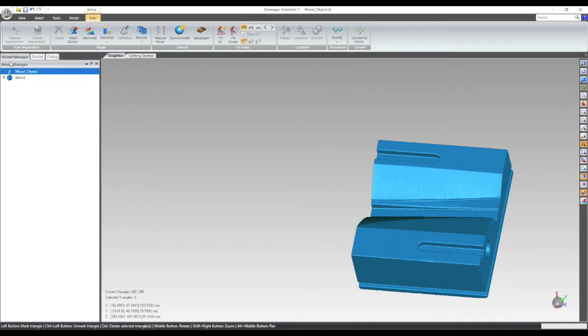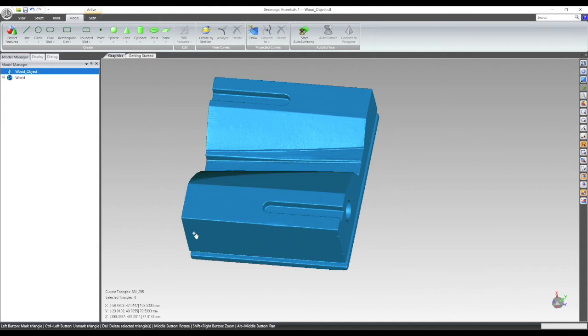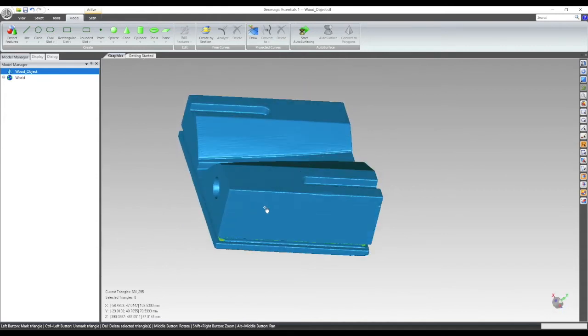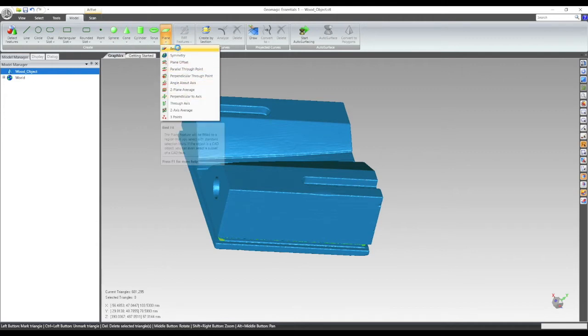So if I want to align it to a coordinate system, the function is under tools, but at the moment it's not available because we have no features on the object which we can align to the coordinate system. So first we have to create some features, and for this object we can say, okay, let's work with some planes. For cylinder we only have best fit options, but under plane we have a lot of options. So if we say best fit,